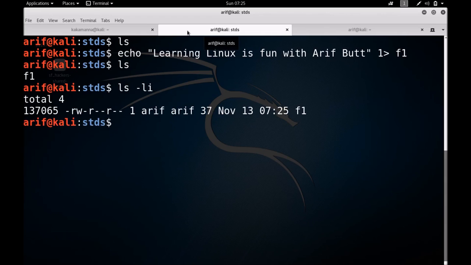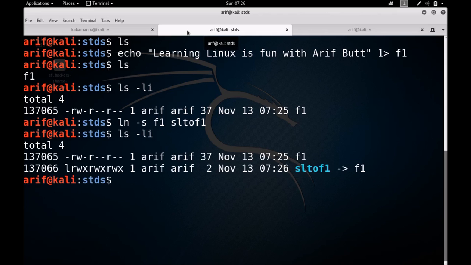We have a file right now, f1, and its inode number is 7065. Let me create a soft link this time to f1 with the name of sl2f1, and now once I say